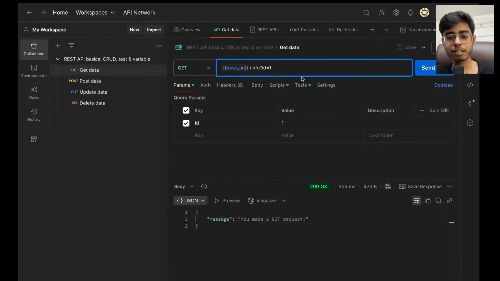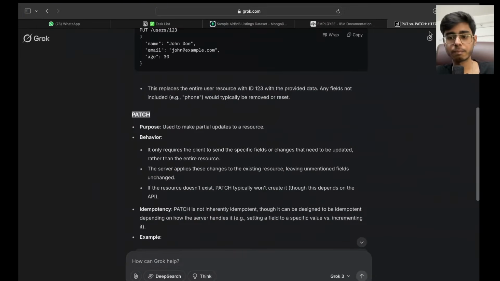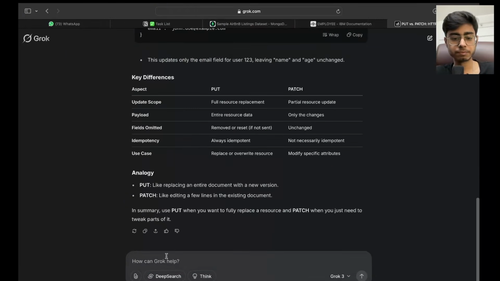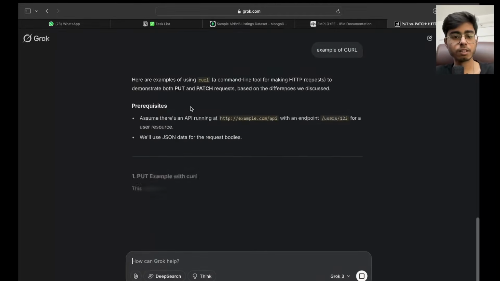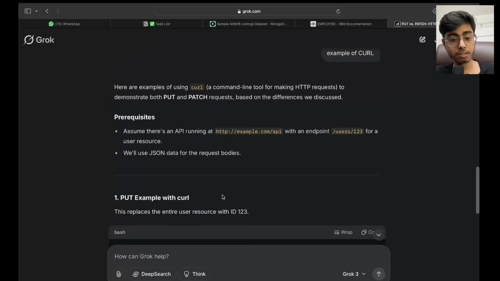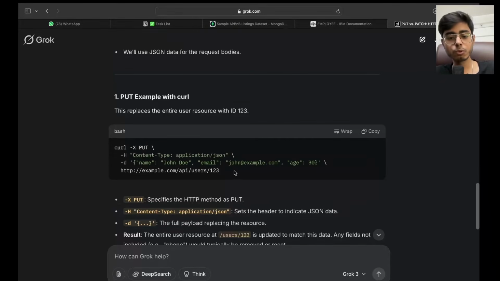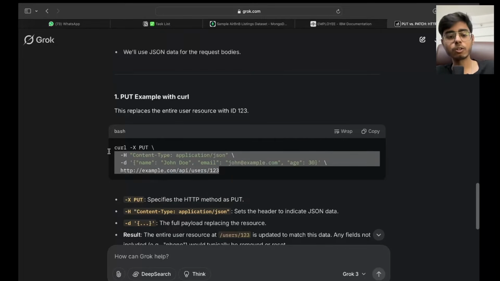But at the end, that language translates that whole API into curl, right? Now, what is curl? This is curl. Let me show you an example of curl. So curl means, yes, this is at the end how you can make an API call. If you just write this curl on your Windows terminal or in any of your terminals, you will be making an API call. You don't need Postman, you don't need Node.js or any framework. Even if you take this and put it in your terminal, your API call will be made.